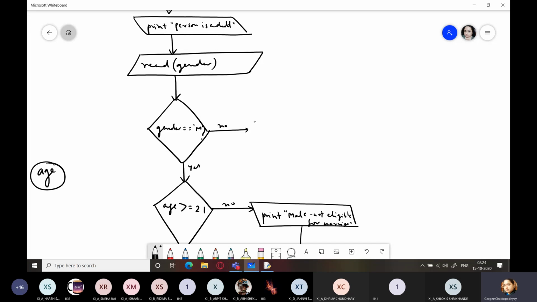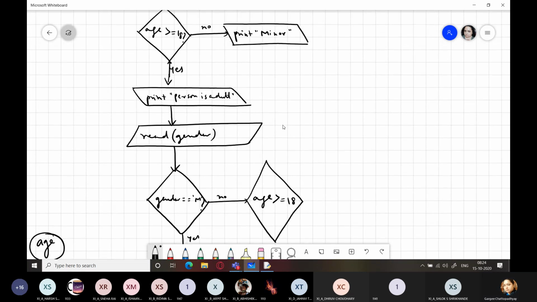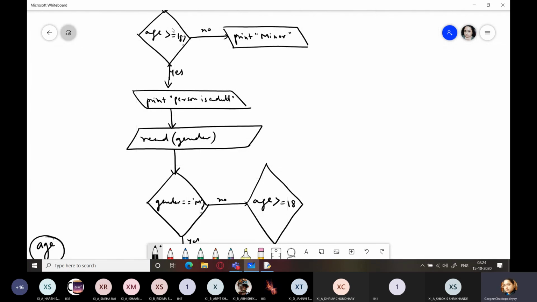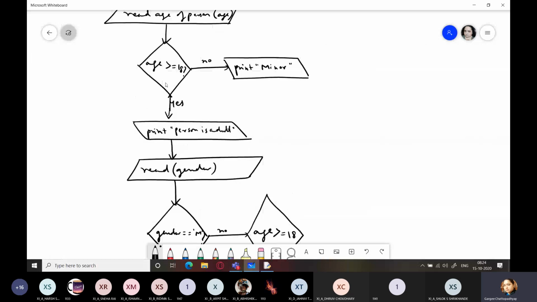It's a female person. So I would be checking another condition to check whether the age of this person is greater than or equal to 18 or not. But already over here we have checked whether the person is greater than or equal to 18, and only when it is, we write person is an adult, then we read the gender.